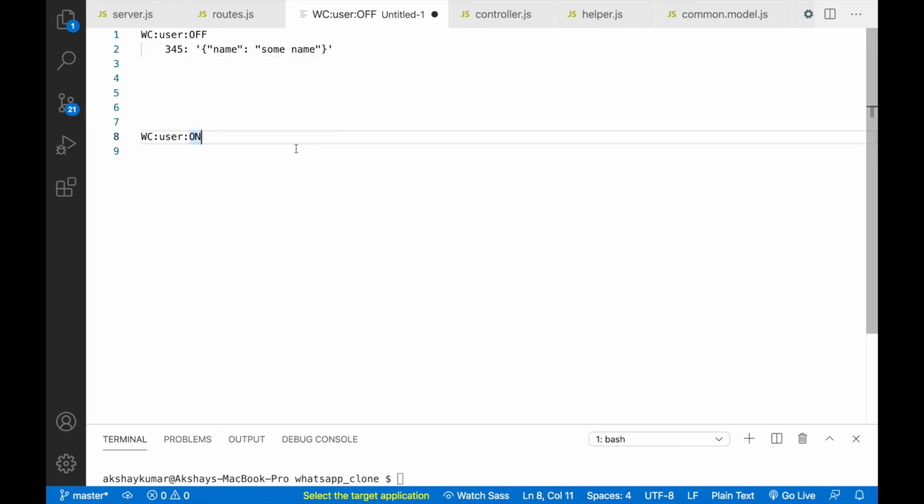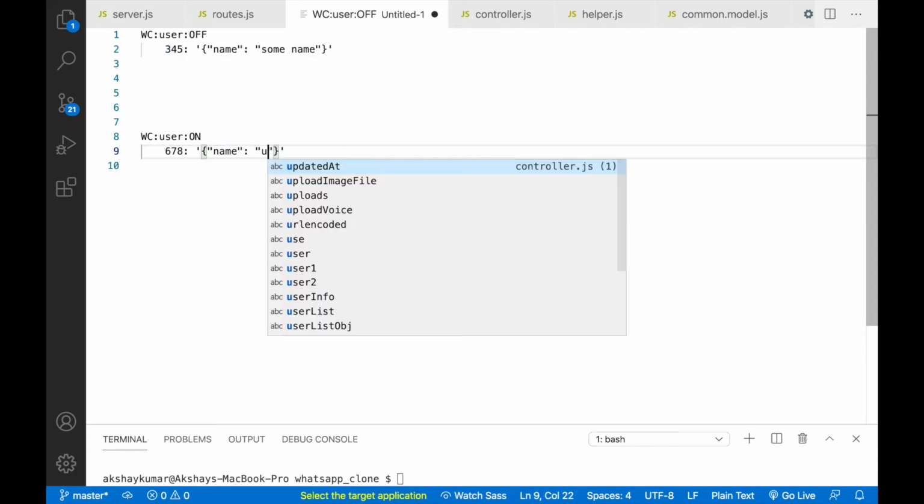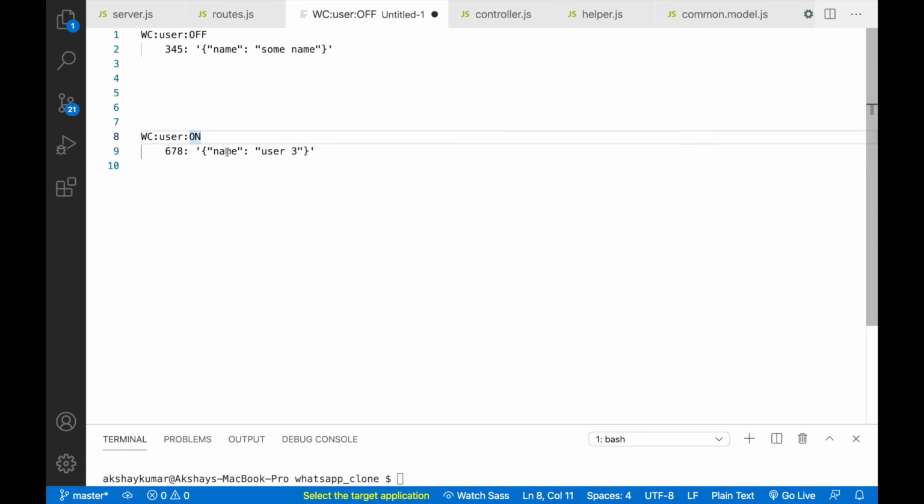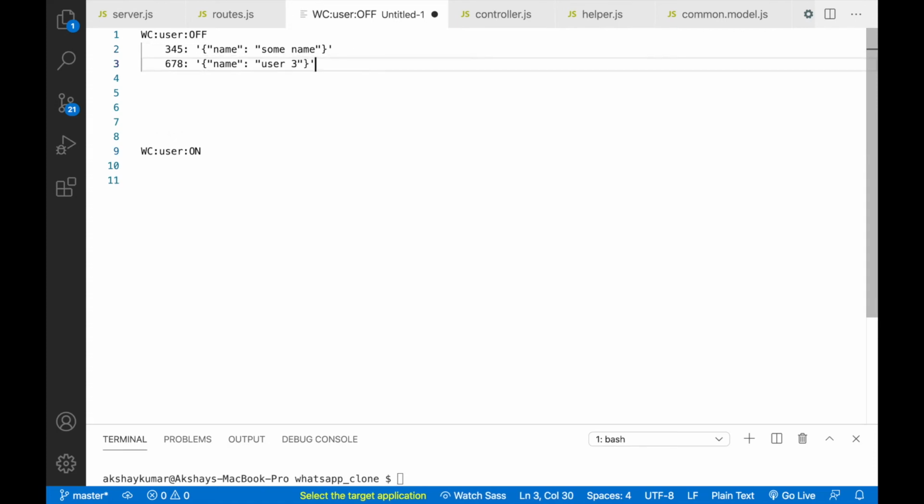Then some other user comes, so we'll just do the entry here, let's say 678, and this is, let's say, user 3. Once this user goes offline, we'll remove the entry from here and we'll put the entry here, like this. And the same goes vice versa also, because if this user comes online again, we'll remove the entry from here and put the entry here.